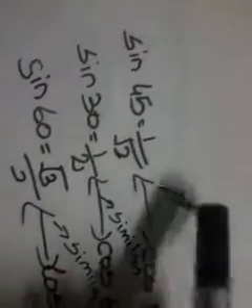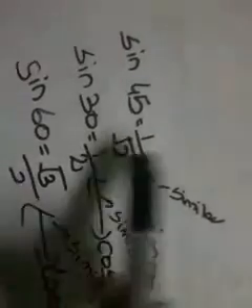If you can memorize this sine chart, then you can easily memorize the other chart. How? You see sine 45, 1 over under root 2, is similar to cos 45. Sine 30 is 1 over 2; then 30 plus 60 is 90, so cos 60 is 1 over 2. Sine 60 is under root 3 upon 2; then 60 minus 30 is 30, and cos 30 is equal to under root 3 upon 2. This is very similar memorizing.